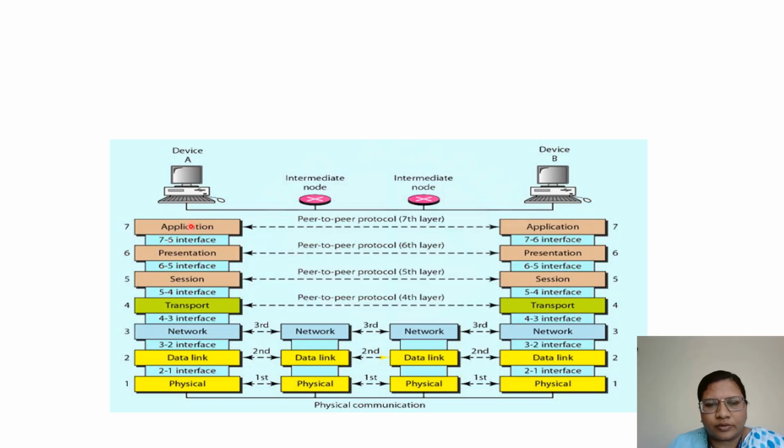Then the message is in the application layer, and it is passed to the presentation layer. The presentation layer will process what the message was, and it will pass it to the session layer. The session layer is a main layer. It will break down the messages into small pieces and send them to the transport layer. The transport layer is a very important layer in the OSI.